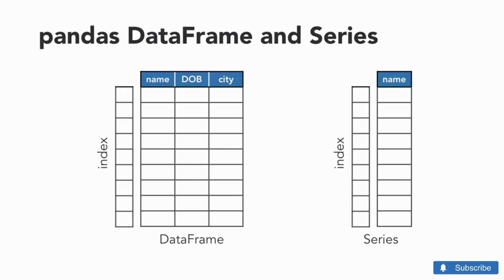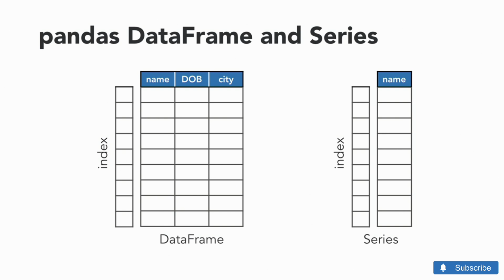The two key objects in Pandas are the data frame and the series. A data frame is basically a table of data. Each column has a name and an assigned data type, as in NumPy. In addition, though, the data frame has an index, which is not necessarily the ordinal number of the row. In this example, where the columns contain name, date of birth, and city, the index could be the social security number or an alphanumerical employee ID.